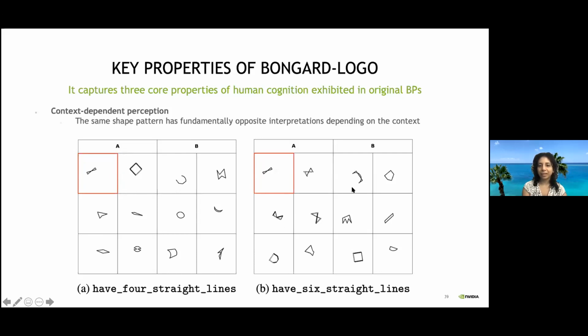And similarly, this is a different problem instance. In both of them, the same shape appears. But then, depending on the context of these other examples, the property that is being utilized or the concept that is being utilized is different. Here, the property that it shares with other concepts is having 4 straight lines. Whereas here, the property that it shares with other concepts is having 6 straight lines. So here you can see that you can describe the same shape in different ways. So it has different concepts,